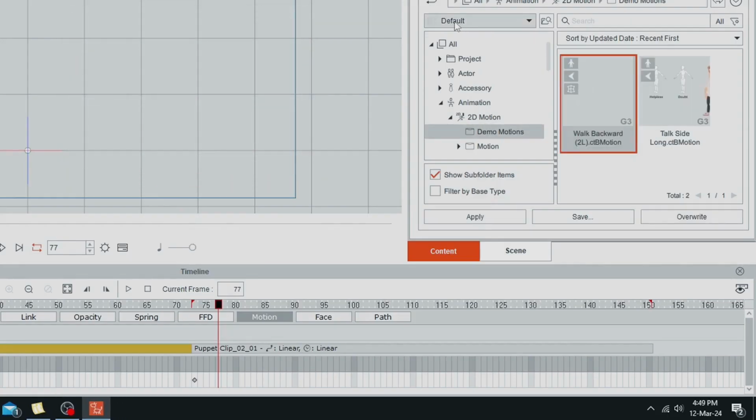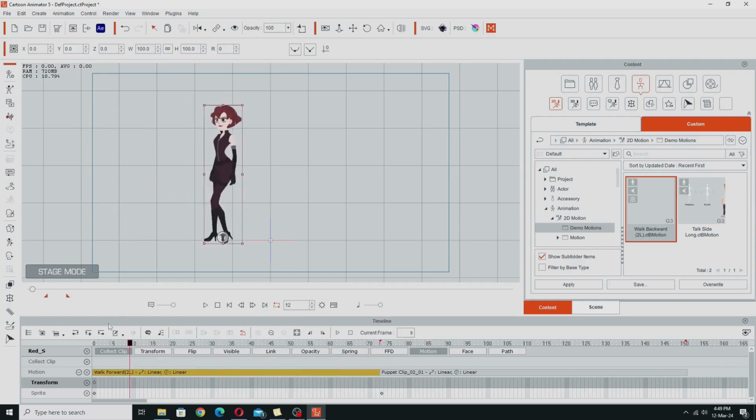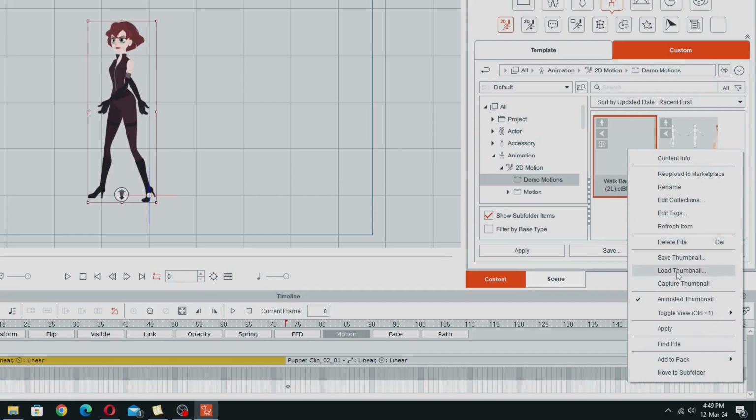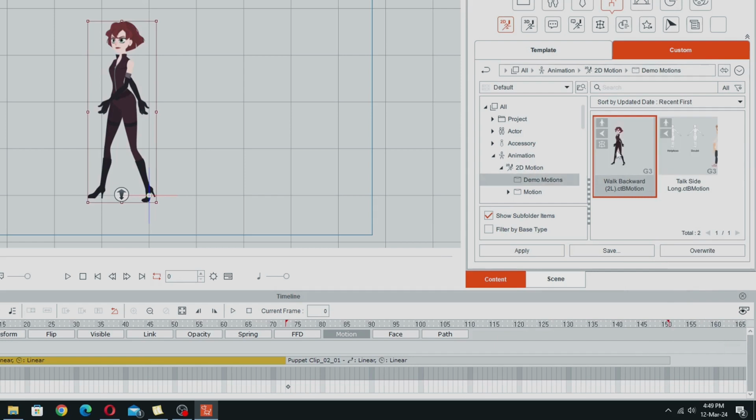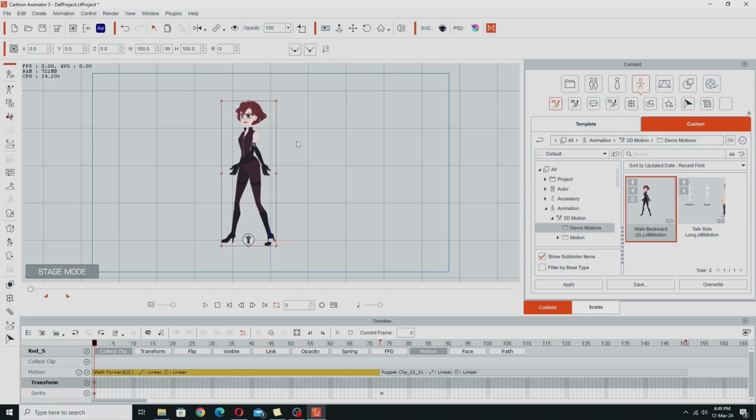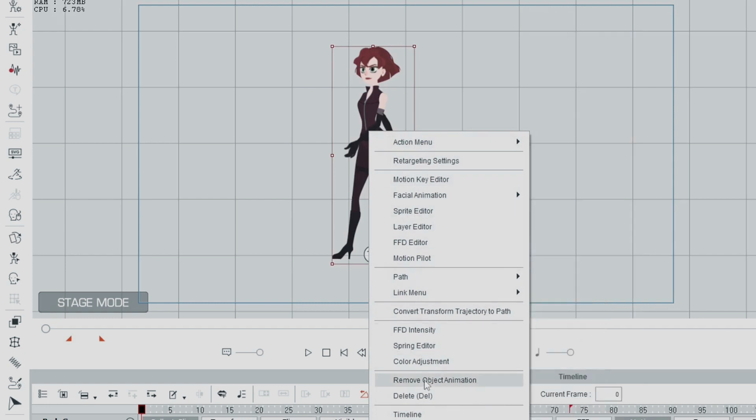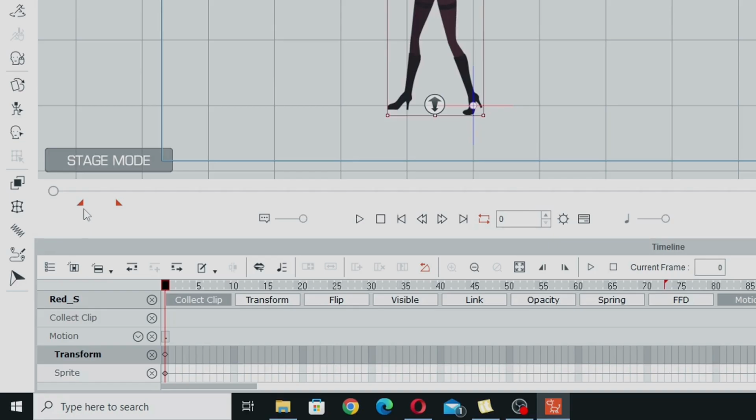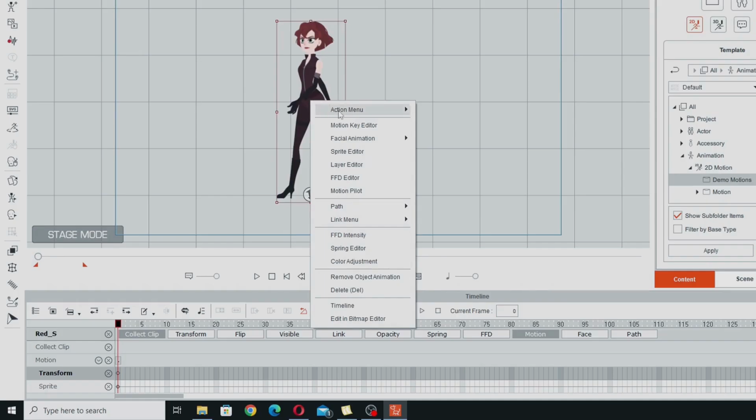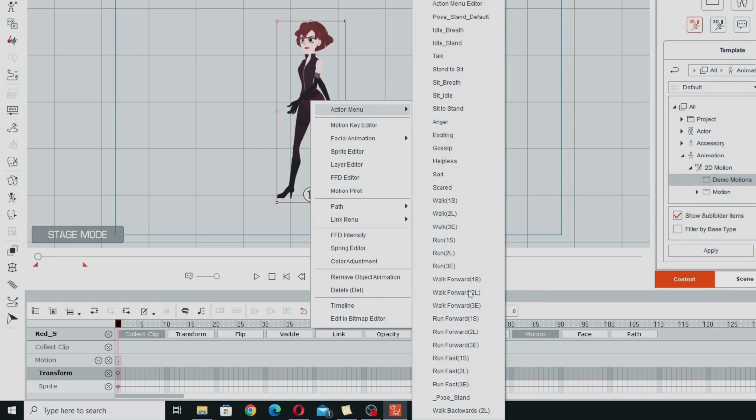And I'm just going to give that a thumbnail. Take this back to the start, right click on it and do capture thumbnail, so at least it's got a better picture in it. So now that I've done that, I'm going to go and remove all the animation from her. So I'm just going to right click, go remove object animation, and we'll put our little selection flags on the timeline, and I can right click on her and go into her action menu and select this walk back from the action menu,